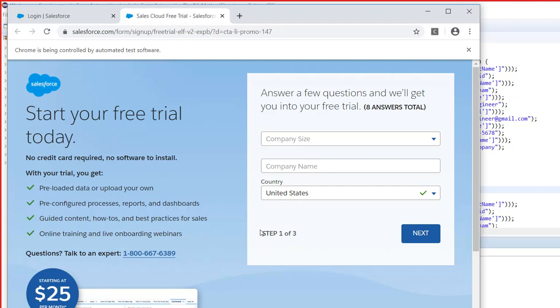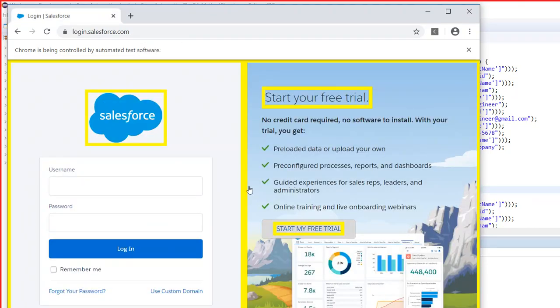Okay, so we have to put another if condition here, right? So how will you handle that? What we are going to do here is, can you see this company size, company name? We are going to use that. So if it doesn't come in that way,